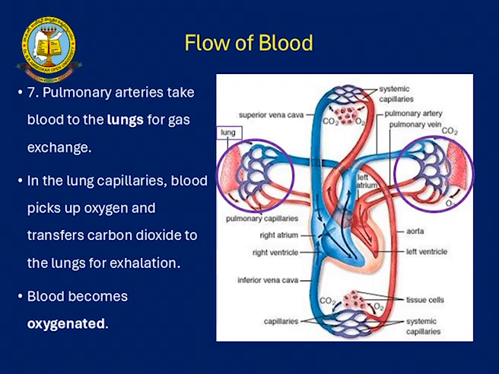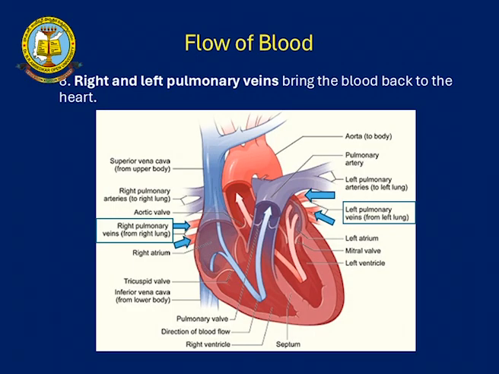When this carbon dioxide is released, the blood becomes oxygenated. This is the process of the formation of oxygenated blood. So, after completion of the oxygenation, the right and left pulmonary veins bring the blood back to the